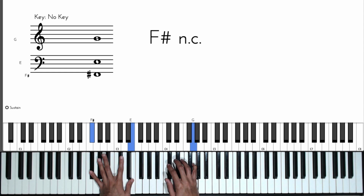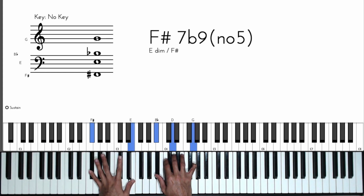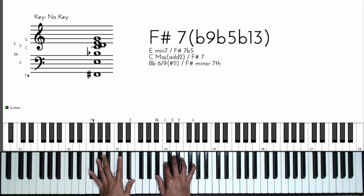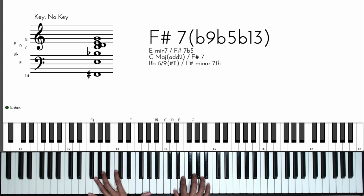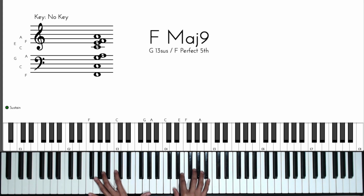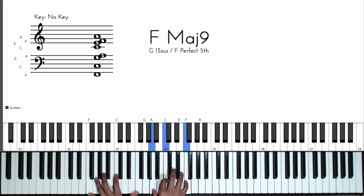Now I make it a dominant, right? An F sharp 7 flat 9 in this case, but I like to add more notes, so I add this C and this D. We worship, and here we do an F major 9. We worship. And instead of playing